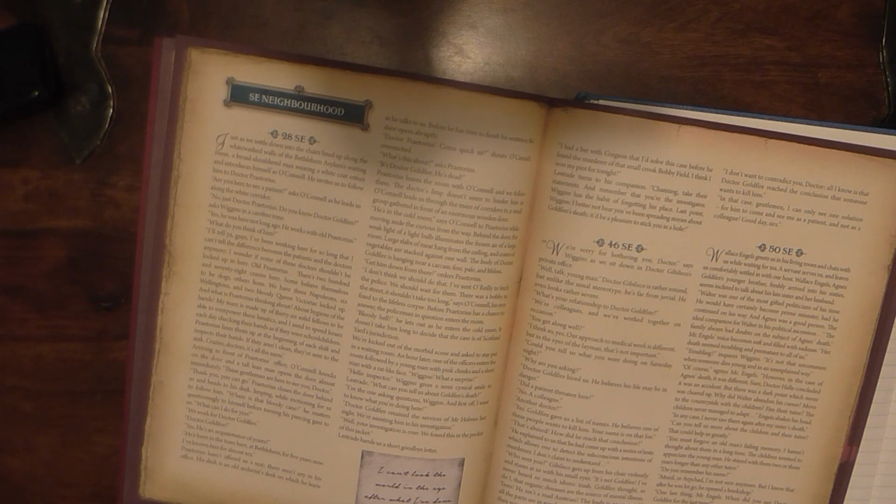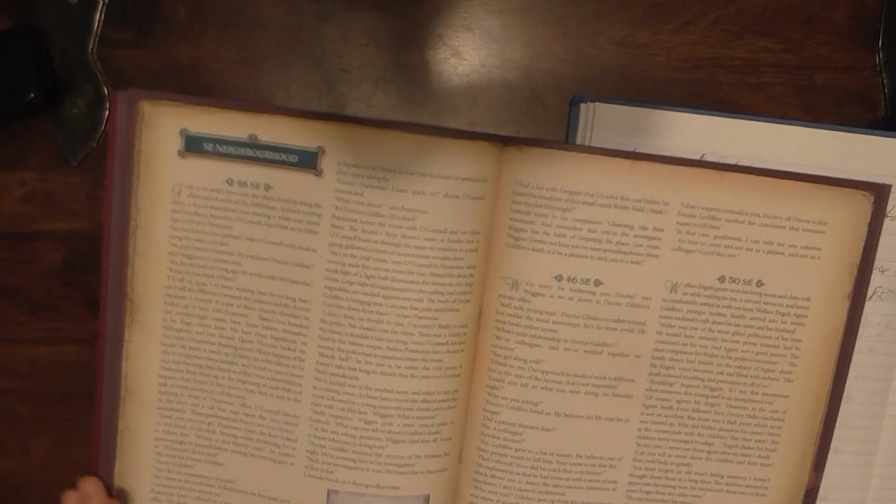"I don't want to contradict you, Doctor. All I know is that Dr. Goldfire reached the conclusion that someone wants to kill him." "In that case, gentlemen, I can only see one solution: for him to come and see me as a patient and not as a colleague. Good day, sirs." So this is now the second person who